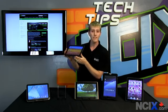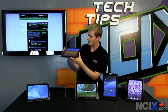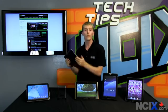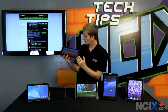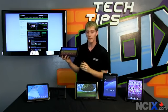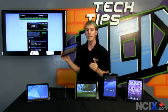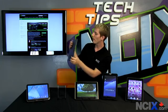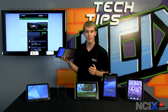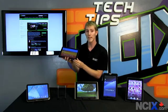Second to last, we have the Galaxy Tab 10.1. The Tab 10.1, due to its minuscule weight and beautiful, clear piece of glass, you can't see the bezel on it at all, I would consider to be the most elegant of the Honeycomb Tegra 2 based tablets. It performs very, very well, feels very snappy during use, and was my favorite of the tablets we had today,